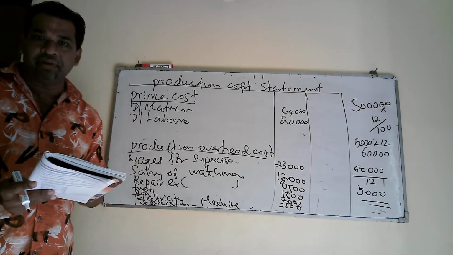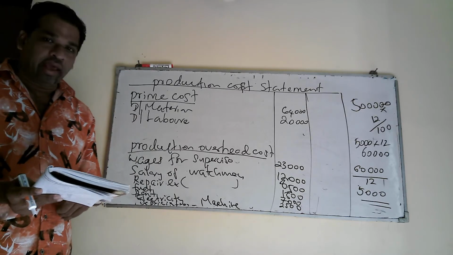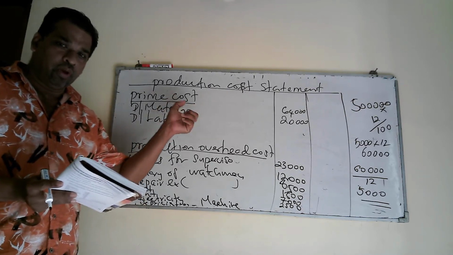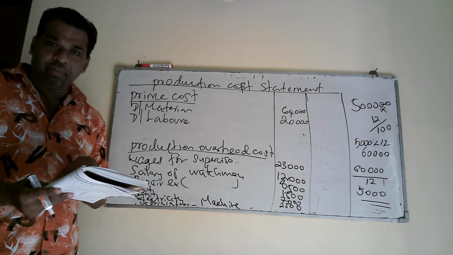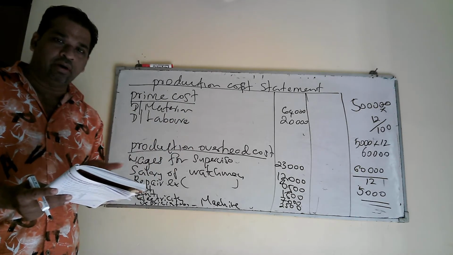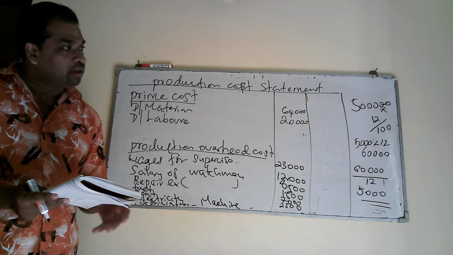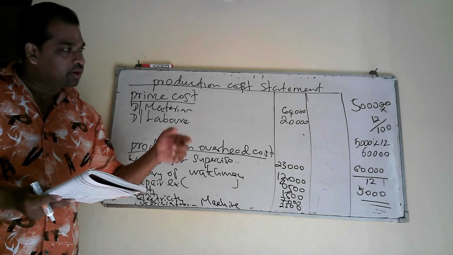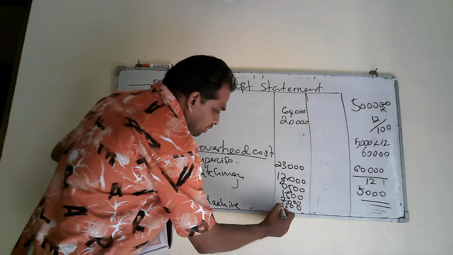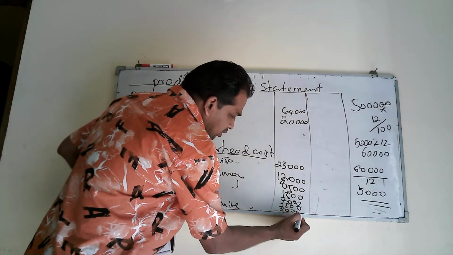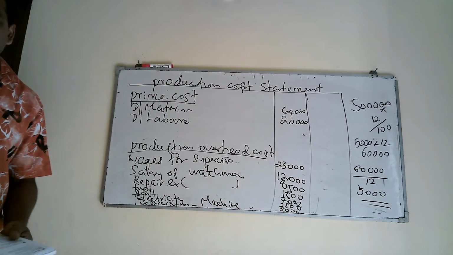Here we are given 12% per annum. Then as we are preparing the statement only for November, per annum we have 12 months. If you calculate 12% per annum, then 1% per November is also correct. That is 5,000, equal to 1%, so we can mention 5,000 here. That is depreciation of machine, right.